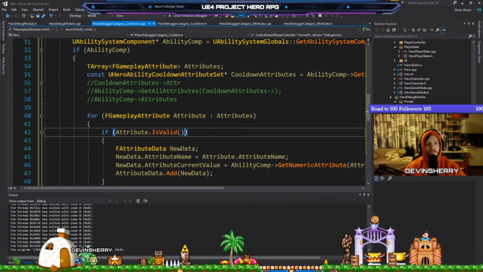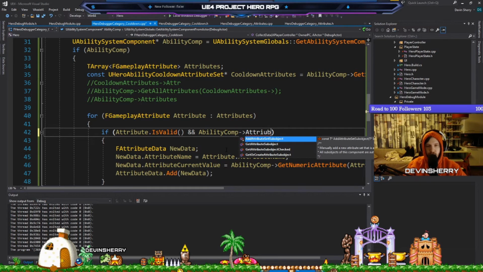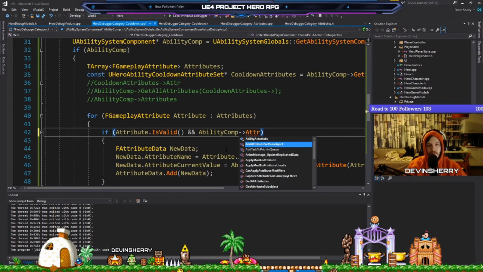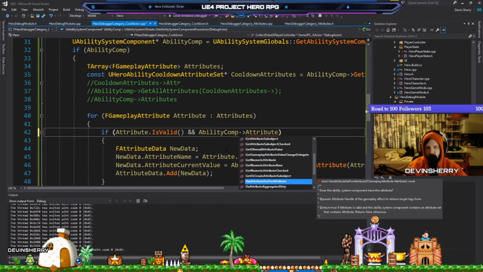So if attribute valid and, let's see. There's ability system comp, right? Attribute. Has attribute set for attribute or